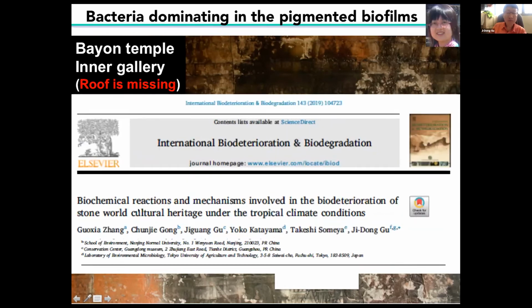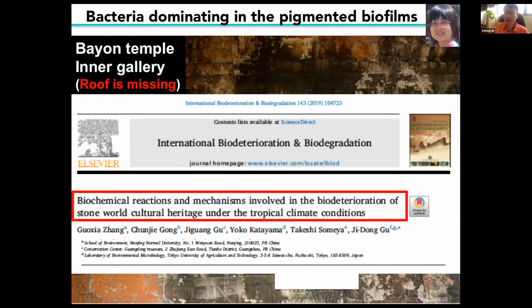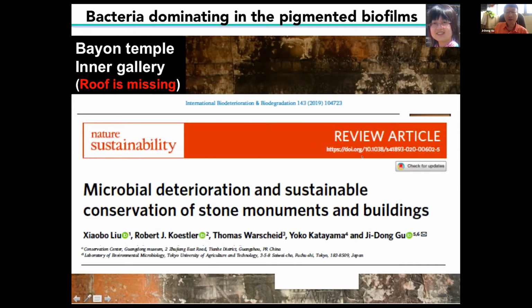The second factor in this whole process, which I'm going to go into more detail, is the biochemical reaction of the microbes which are destroying the temple. They contribute to the damage of the temple we are seeing today. And this is the second part. And the third part is a summary, which has just come out this week, actually. This is a publication we have written, and this is a summary of what is happening on Angkor Wat, on the sandstone. If you are interested, you can get the article and read some of the information in more detail.